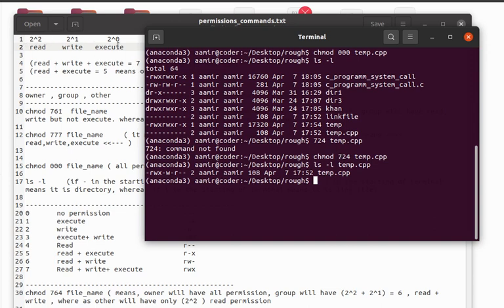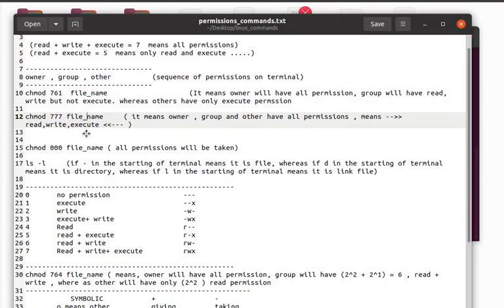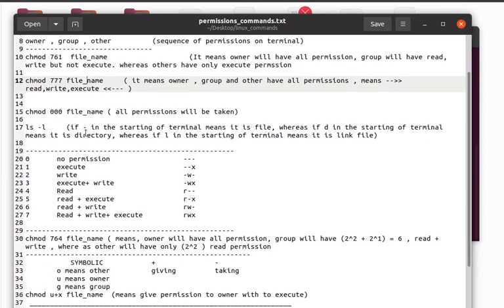If we add all of these, we will get 7. And if we write this for the owner, all permission will be given to the owner. And if we add these two, the read and write permission will be given. And if we add these two, the write and execute permission will be given. And here is how this command works. So we learned this. I tried to explain this better.